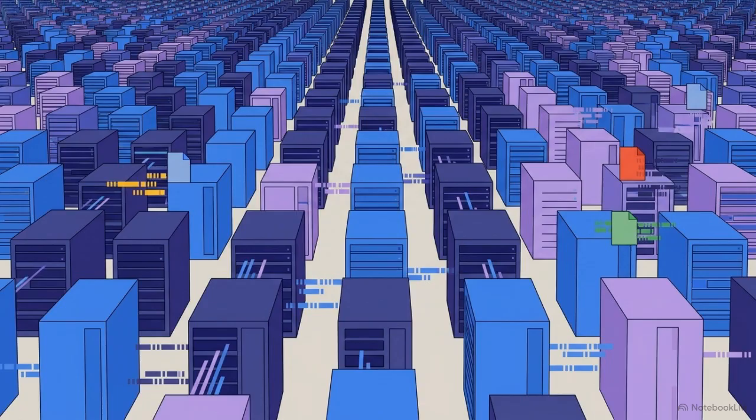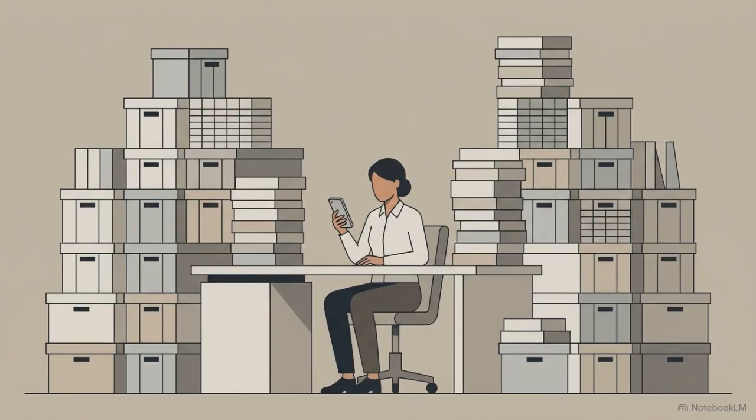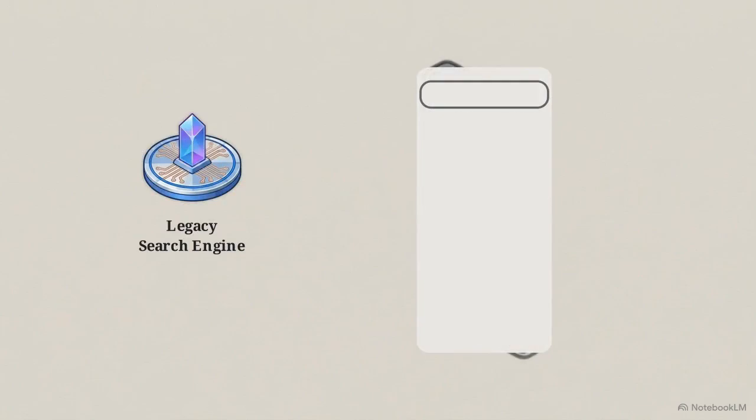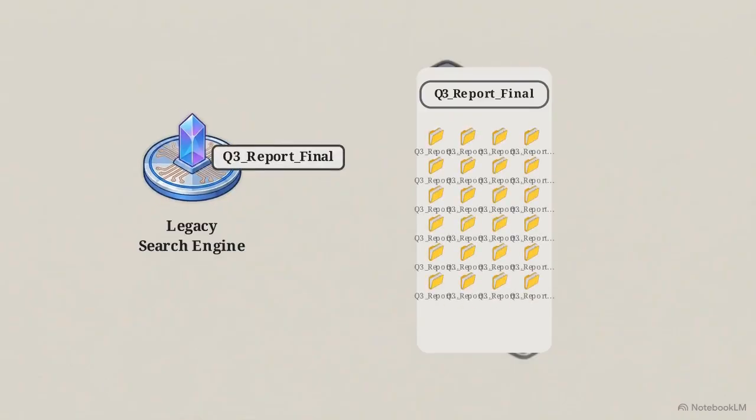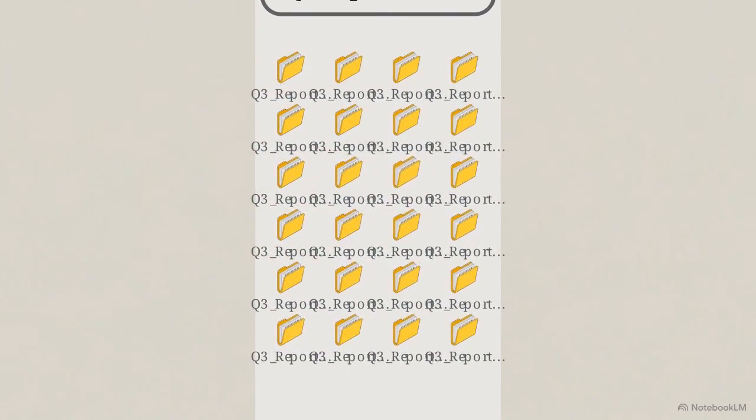This physical friction is made worse by the sheer scale of modern data. Most organizations now manage significantly larger document volumes than they did just a few years ago. Exact match keyword searches fail when deployed against thousands of files. Searching for Q3_report_final floods your results with false positives because it only looks at naming conventions, not the content. This forces you to manually open and verify each file, waiting for loading bars to finish until you finally find